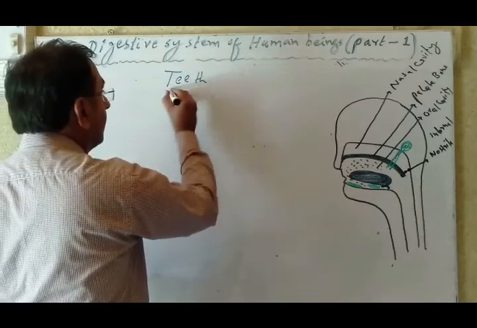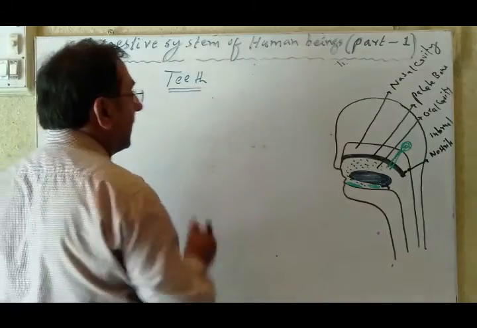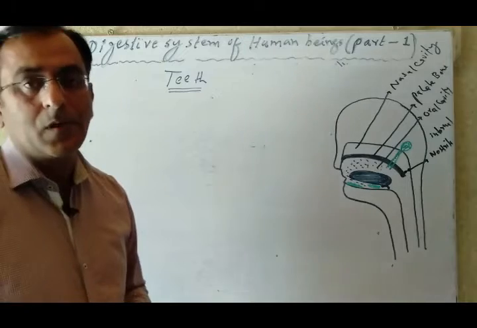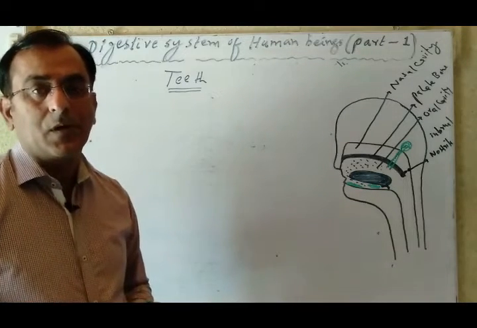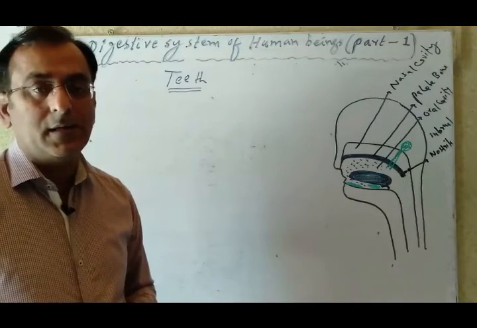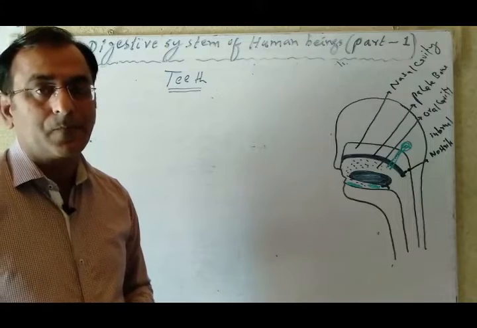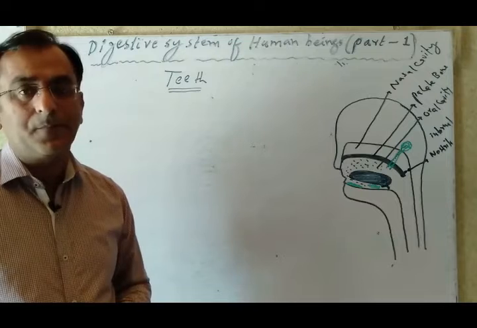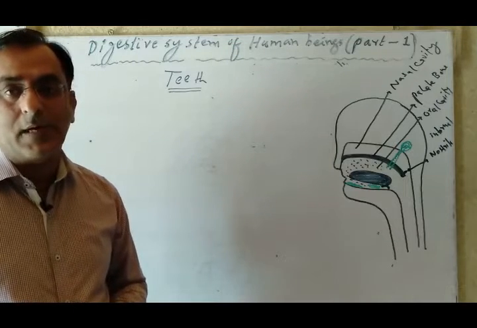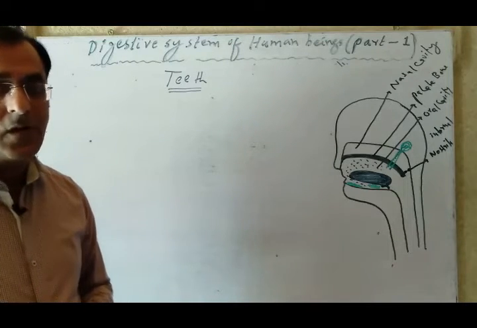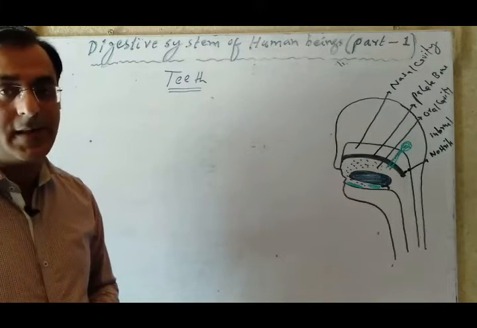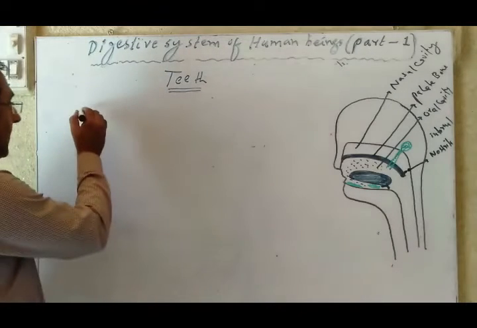Teeth. Teeth are hard substance structures which grow and are arranged on the jawbone. In the life of human beings, there are two sets of teeth. One is the milky teeth, the other is the permanent teeth. Therefore, they are termed as